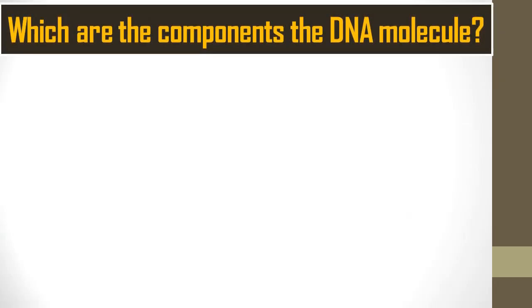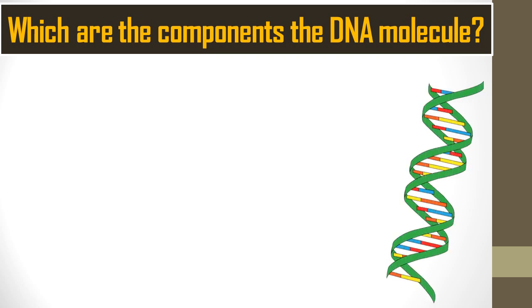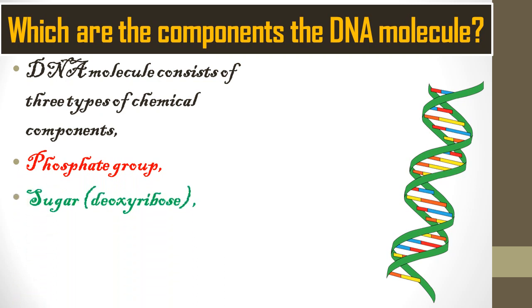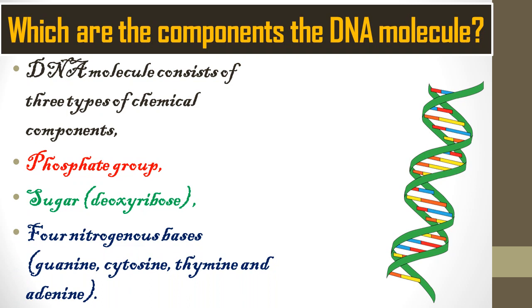Alright, now the next question is, which are the components of a DNA? So students, which are they? Okay, now let's understand. The DNA molecule consists of three types of chemical components. Okay, so the first one is the phosphate group, and second is a sugar, the deoxyribose sugar. Okay, or we can say the pentose sugar, that means it contains 5 carbons. Okay, and the third component is the 4 nitrogenous bases in the DNA molecule, and these are guanine, cytosine, thymine